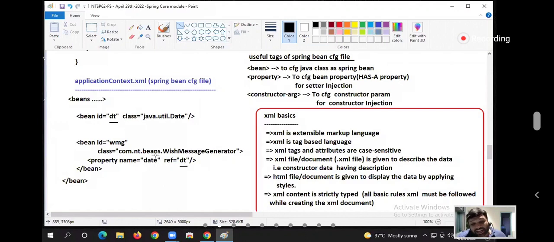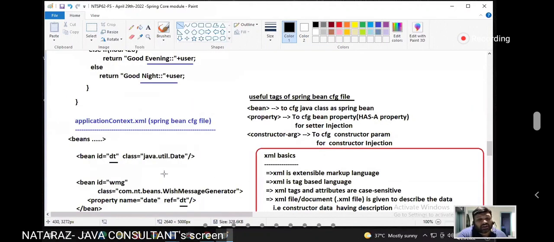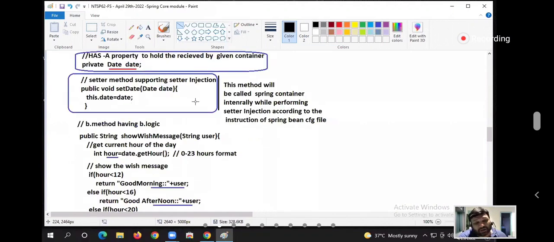So can I say this is a target Spring bean class configuration? This is a dependent Spring bean class configuration. Come on, guys. This is the already decided class name. What class name you have taken? The same class name you have to take here. Whatever classes you are writing, they are fully qualified classes. Bean ID is your choice. But class names, you already decided some names, you have to use those.